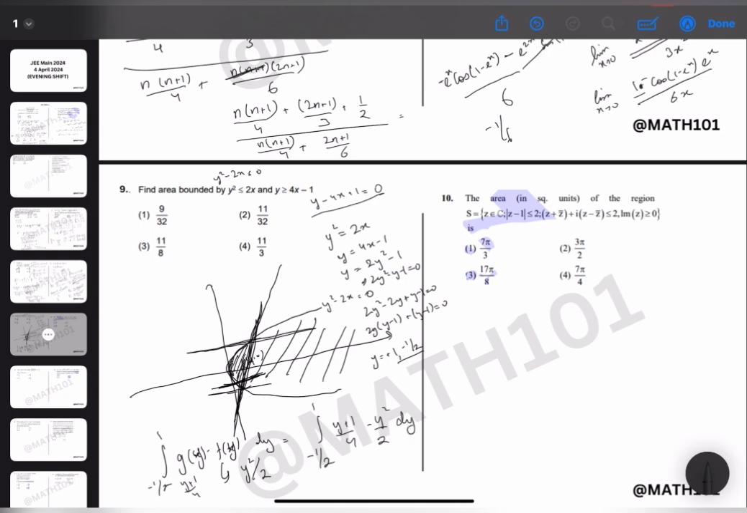Because the area bounded is the integral of this line minus this parabola, it equals 1 by 4 integral from minus half to 1 of (y plus 1 minus 2y square) dy. That equals 1 by 4 times the integral: y square by 2 plus y minus 2 by 3 y cube, from minus half to 1, which is equals to 1 by 4